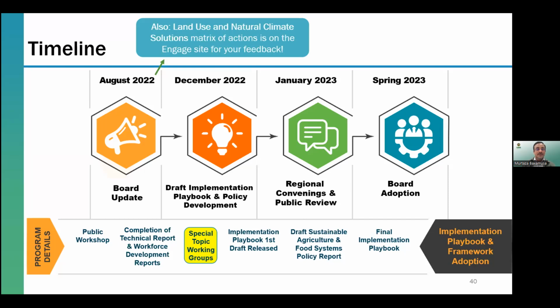But I also want to give a pitch on the regional convenings. I know Michael is going to come on, but from me, I want to emphasize that these regional convenings that will occur in January by supervisorial district are going to be so important for having all of our voices heard so that the decision makers can learn from them and can act on them. So please do show up and send the word out to your constituents to show up as well. I'll turn it over to Michael to conclude.